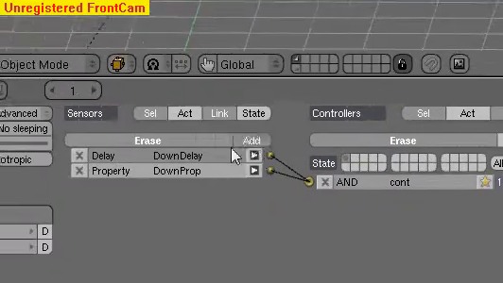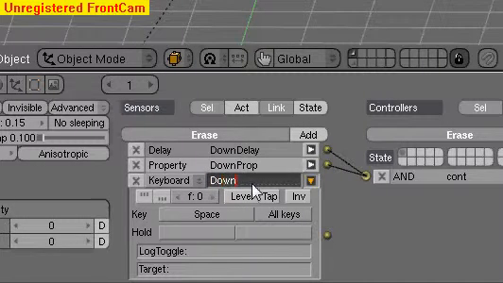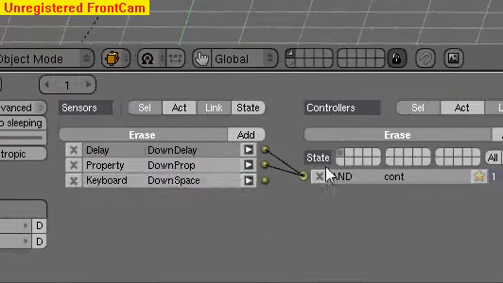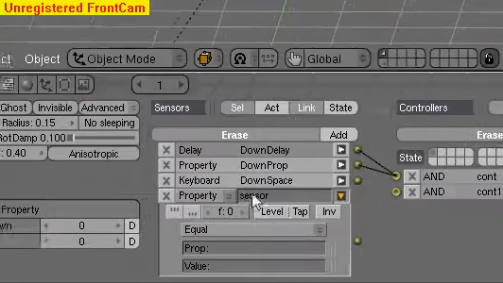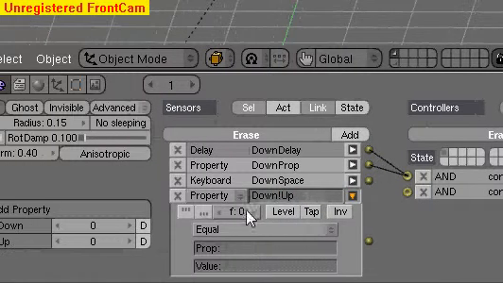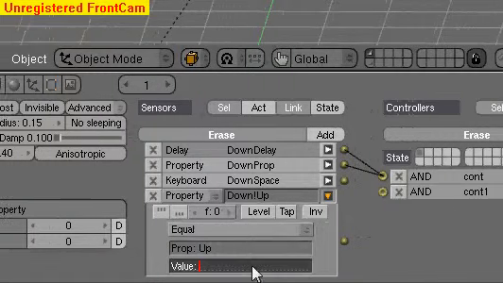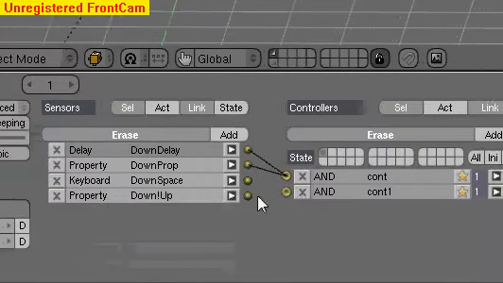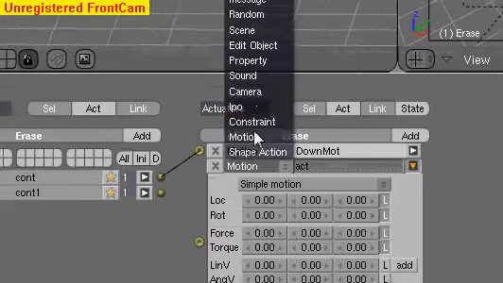Okay. Now let's add a keyboard key space. Call it down space. Add a new and make a property down, not up. The exclamation point is programming for not. And we want up to be to a value of 0. Then connect these. Then add a property over here